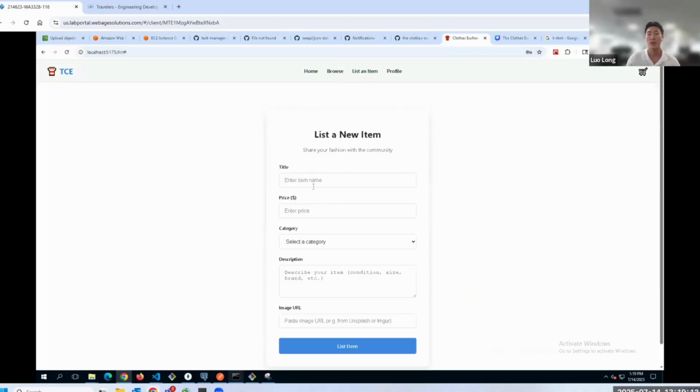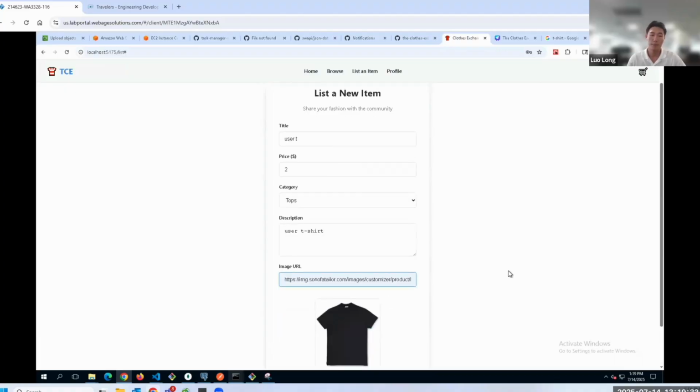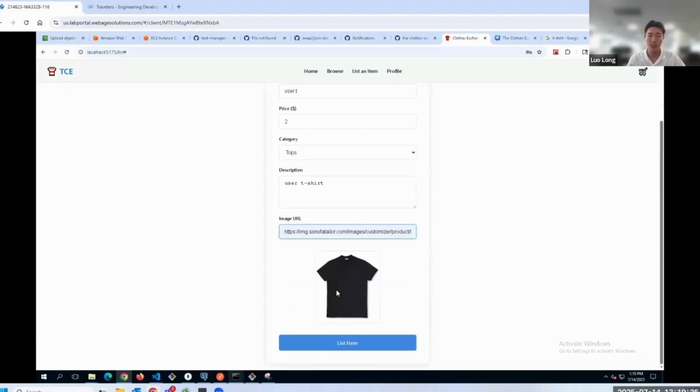Yeah, so as Jin mentioned, after logging in, users can then fill out a form with the item's title, price, description, category, and an image URL. We actually chose to upload an image URL instead of raw image files to keep the backend lightweight and simplify storage. And so here, as you can see, there's a preview of the t-shirt being rendered. And so now Jin is going to click list item